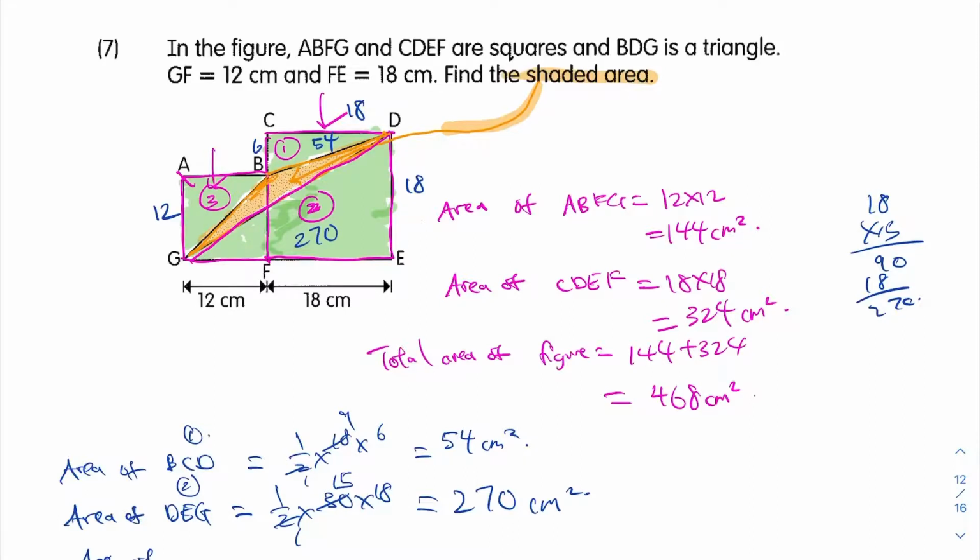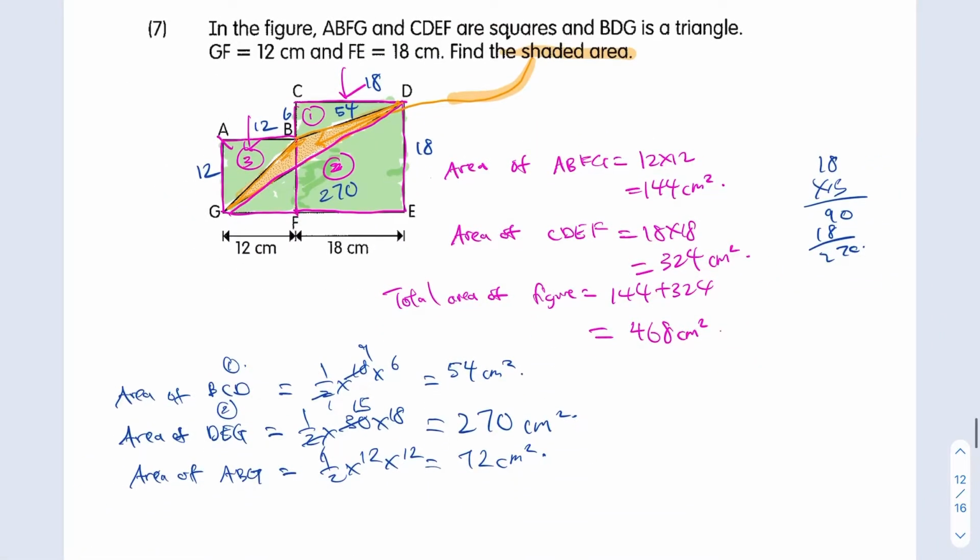Finally, area of ABG is, this would be 12 as well. So half times 12 times 12 would be 72 square centimeters. Okay, so total unshaded area would be these 3 added together. So 54 plus 270 plus 72 would be